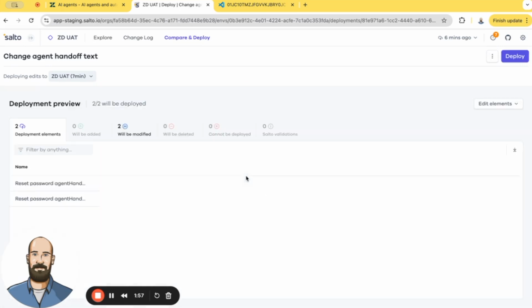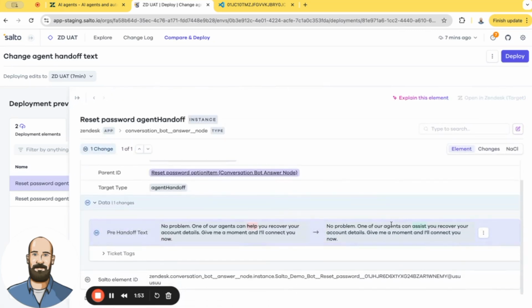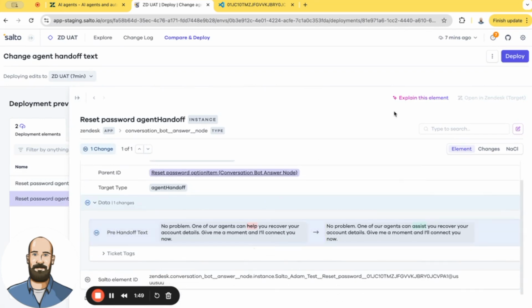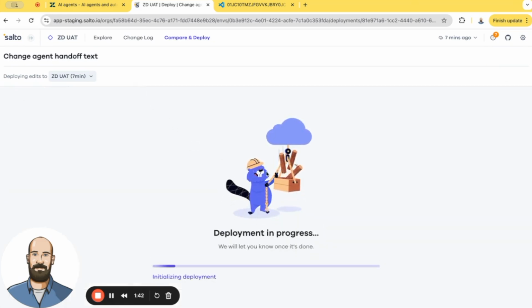Right here we have, waiting a bit. We can see exactly the text that we changed, right? We changed help to assist, and we see this occurring in both of our nodes. This we're going to deploy. These both are in different bots. Once the deploy is done,